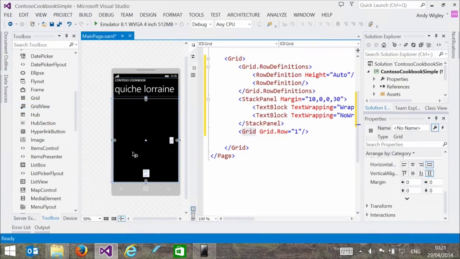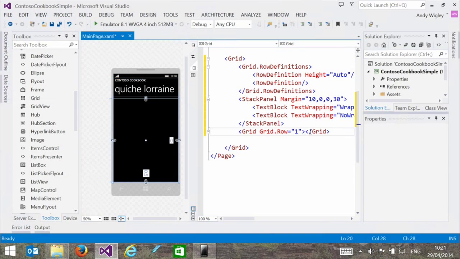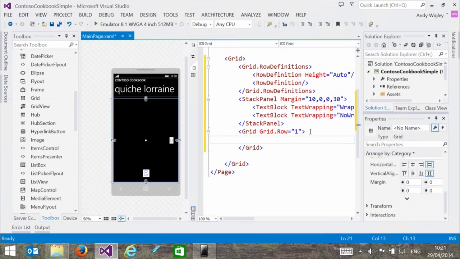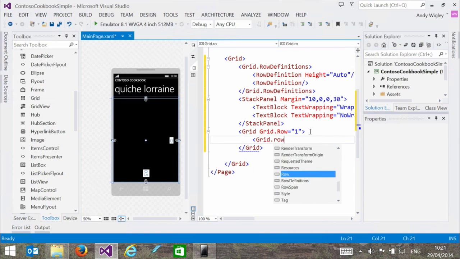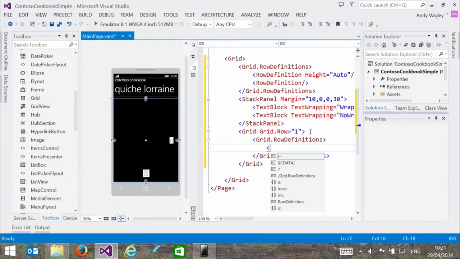And then I'm going to create some rows in that. And this time, just to show that I can, rather than use the designer, I'm actually going to type it directly into the XAML. So you can go grid. And most people use whatever suits them as to how they want to work with XAML. So here's my grid row definition. Some people like to type it in, and some people like to use the tools, sometimes the designer or the property window.